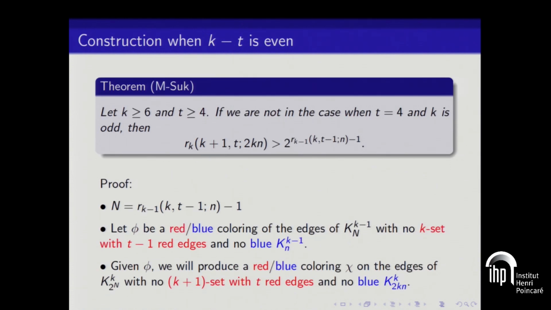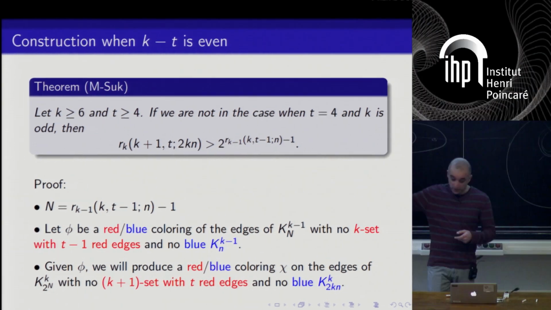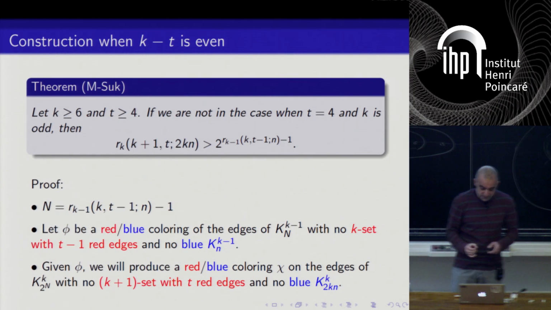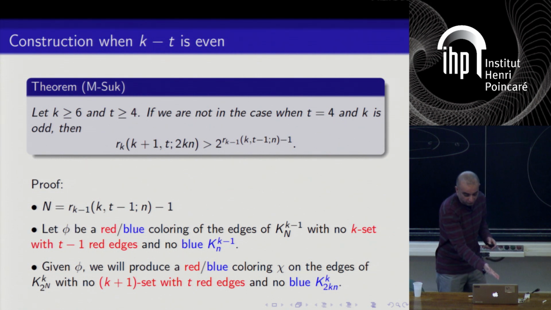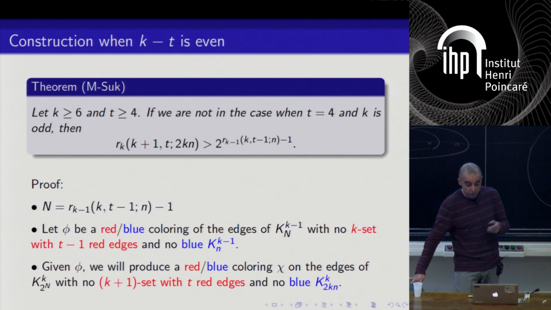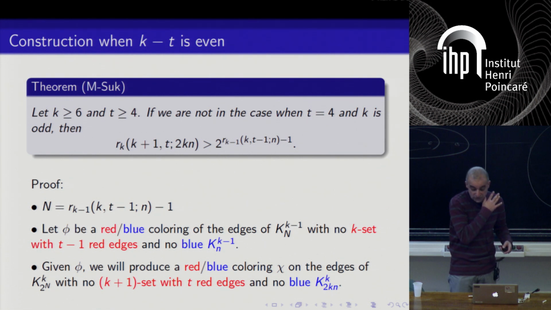So basically the way it works is that you do something called the stepping up lemma, but you have to have some new ideas. So it's an inductive construction where the induction goes from k to k plus 1. So the key lemma is that the lower bound for this parameter with k uniform is an exponential of the lower bound for the same parameter with k minus 1 uniform. So how does that work?